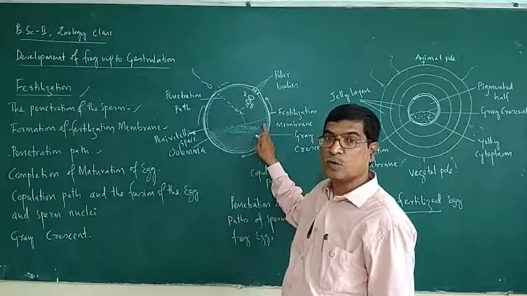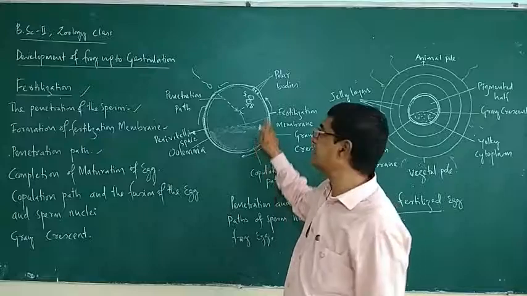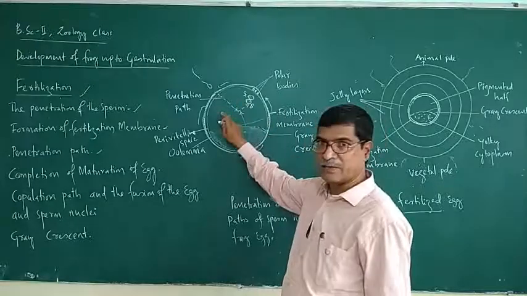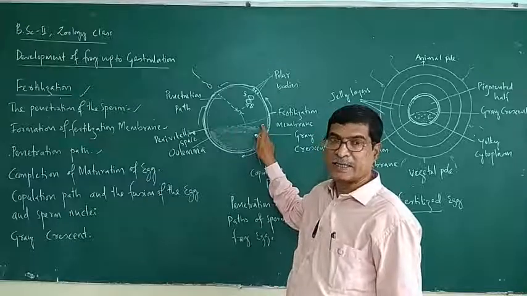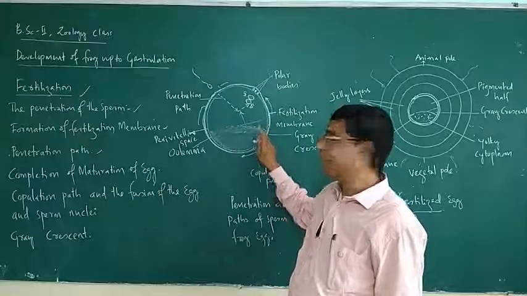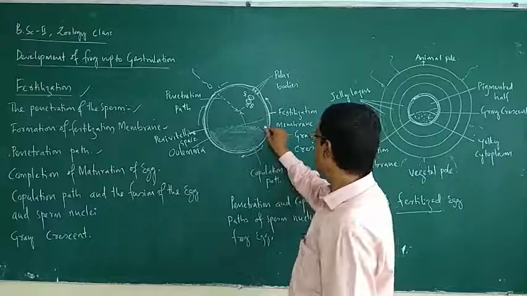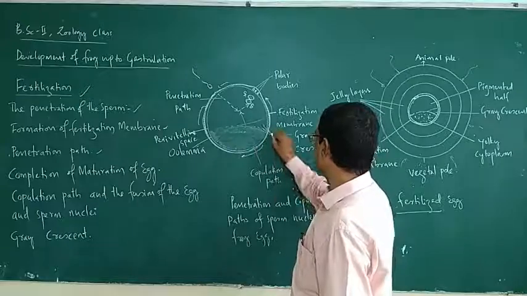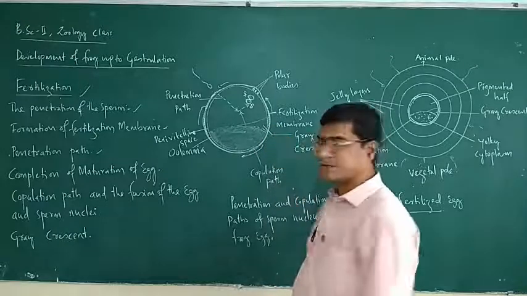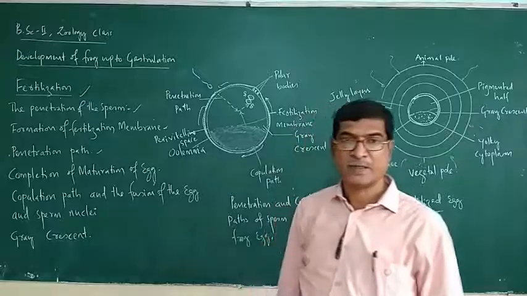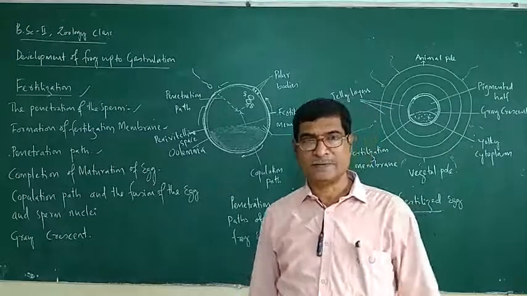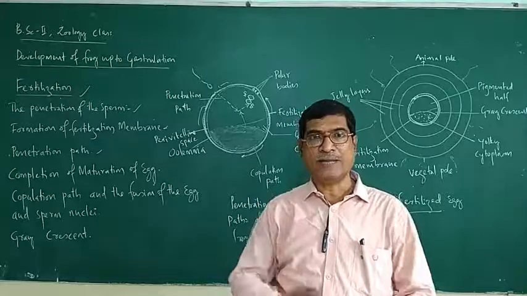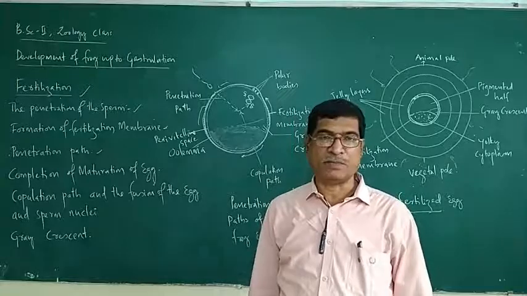Here it becomes lighter. It is not as dark as it is seen in the other parts of the egg. It is light dark, light white. Therefore, this part is called the grey crescent. What is this? Grey crescent. It is grey in color, neither too black nor too white. In between white and black, grey color is developed.